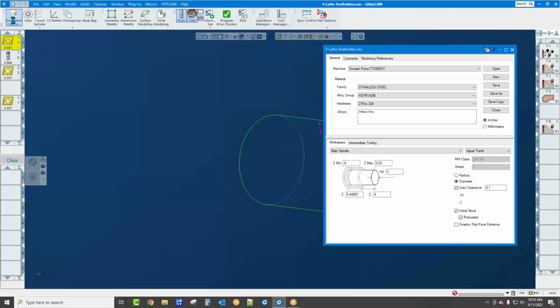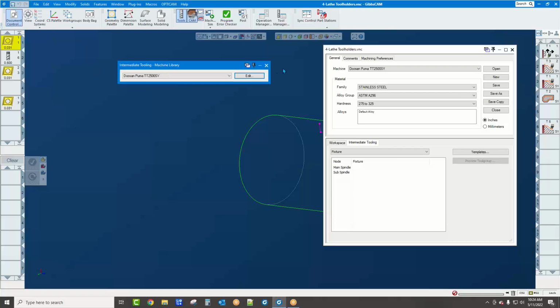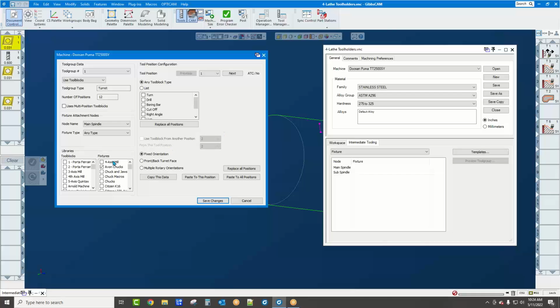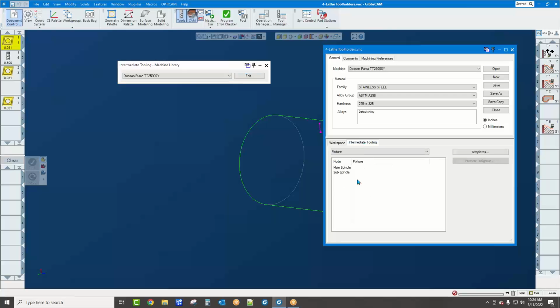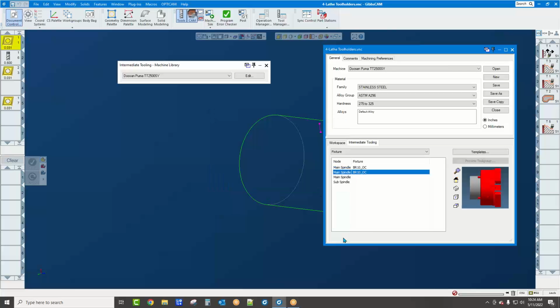Let's add it. Now the only place you can add it is going in here into intermediate tooling and go to the fixture tab. Now keep in mind that under file, machine data, if I go in here to edit and I have this set to not use, which is default, you're not going to get this fixture tab. So you have to go, any type is what I usually use for the main, and then I would also go subspindle, any type, save changes. Now that gives me access to whatever's in that library. So I can double click here and say, add this one. Click OK